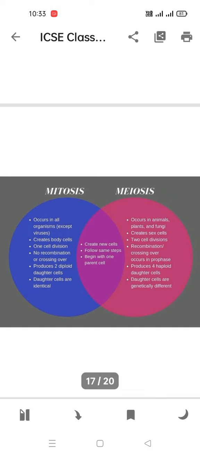ओके, माइटोसिस में नेक्स्ट पॉइंट क्या है? Creates body cells. बॉडी सेल्स को क्रिएट करता है। वहीं हमारे मियोसिस में सेक्स सेल क्रिएट होते हैं। ठीक है, माइटोसिस में ये याद रखना है हमारे सोमैटिक सेल्स क्रिएट होते हैं। सोमैटिक सेल्स मीन्स बॉडी सेल्स, और मियोसिस में हमारे सेक्स सेल्स क्रिएट होते हैं।